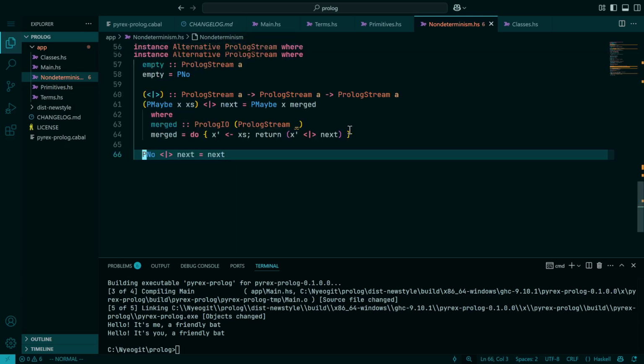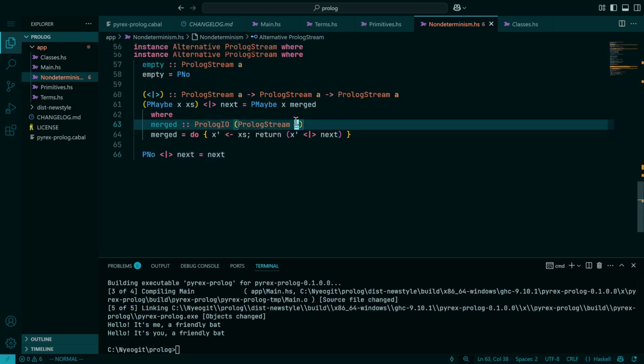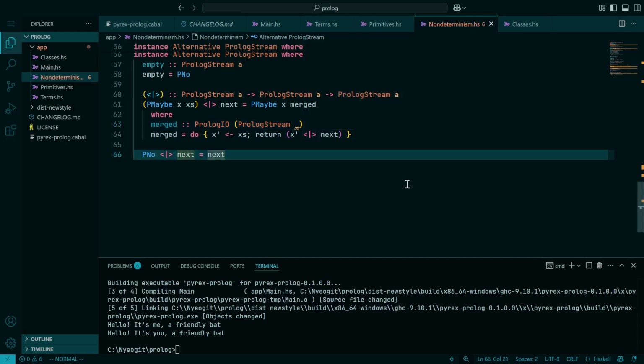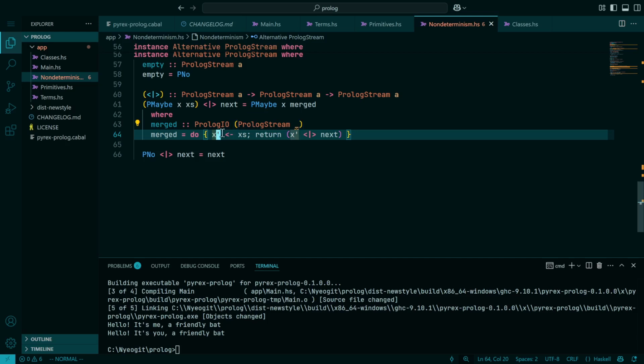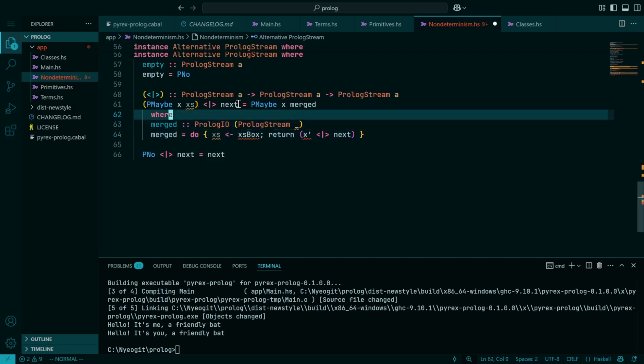So I don't know. I guess I'll just leave it like that and I'll accept my stupid warning. Because it seems like I can't make it happy very easily. And there's probably a solution to this that I just don't know. And well, it doesn't seem like the tools are helping me. They're just telling me to do things that don't fix the error. But yeah, this is all done in Prolog IO, meaning that the actual type of X is, yes, a Prolog stream of A. So we are in fact, I guess the right way to write this would be something like,